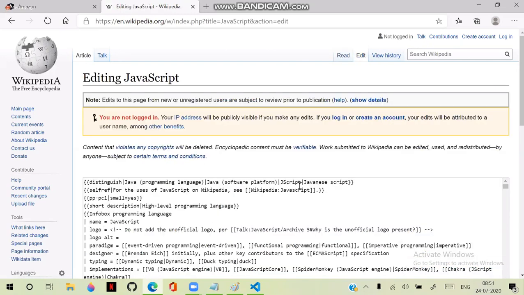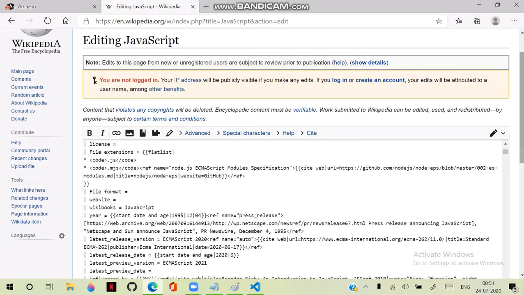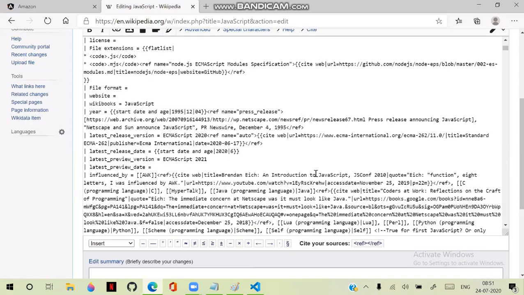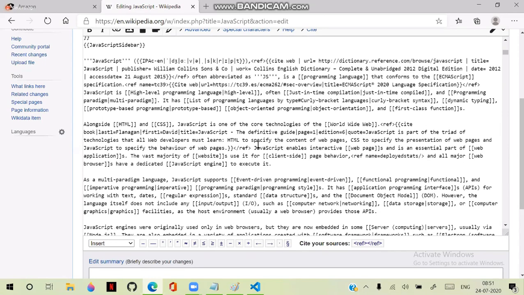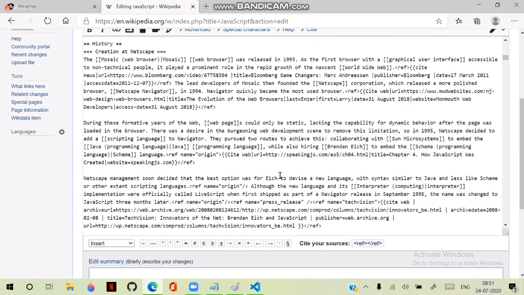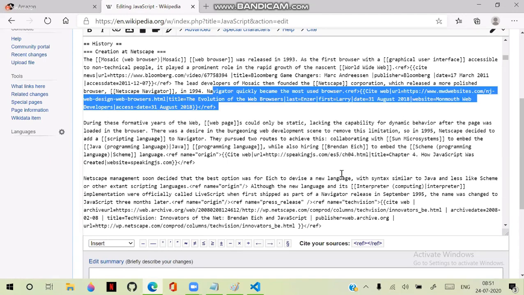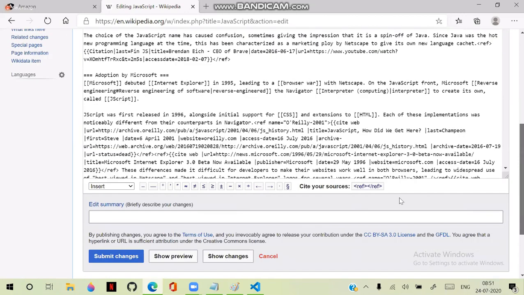When I go to edit, you can observe that in the edit mode it gives you an option to make changes, where you can write your HTML logic to make text bold, italic, to insert symbols and so on. You can submit your queries and post those queries. You cite your sources under ref.